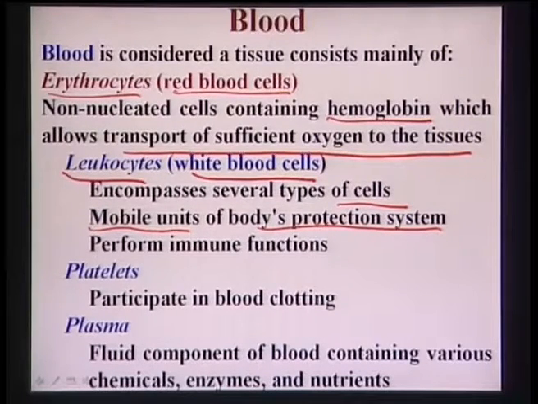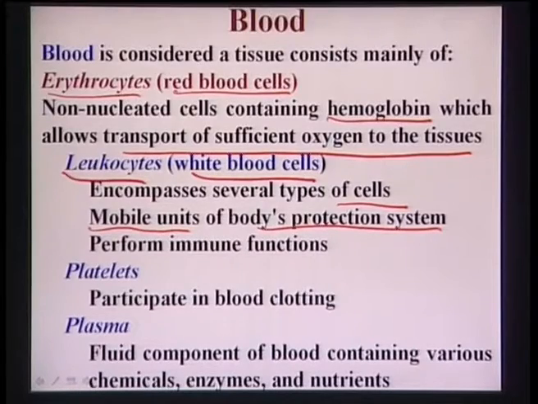Now, WBC content varies for male and female. Whenever you write your sex as male or female, they will give you the particular limit of WBCs that a normal healthy human being should have, and if it is much lower than that limit, then it is not desirable. Then there are also blood platelets, which participate in blood clotting, and the fourth one is the plasma.